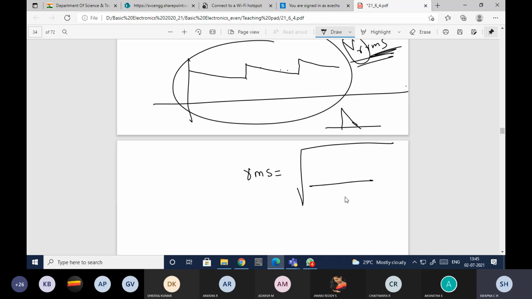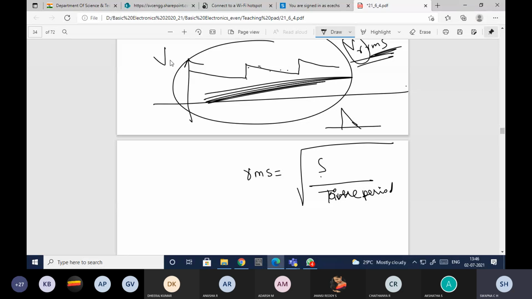You take a root mean value over one time period. Since it is a continuous, analog, time varying signal, you need to square the individual points and then integrate. So integral over one period, 0 to T or 0 to T by 2, whatever it may be. You need to integrate this waveform over one period.